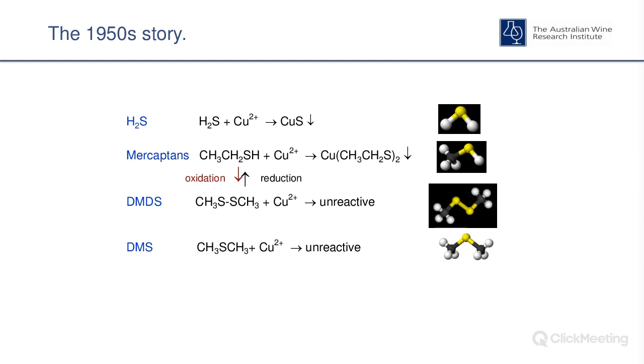So look, we've all been given lots of information about the chemistry and how you deal with stinky wines. I think it's been dealt with since the 1950s. And if you start having a look through the history books, people used to do a lot of odd things using copper implements and such with wine, even in prehistory. There is actually some evidence of the use of copper in Roman times to help clean up wines. So it's not exactly a new idea, but the basic chemistry everyone talks about since the 1950s has been